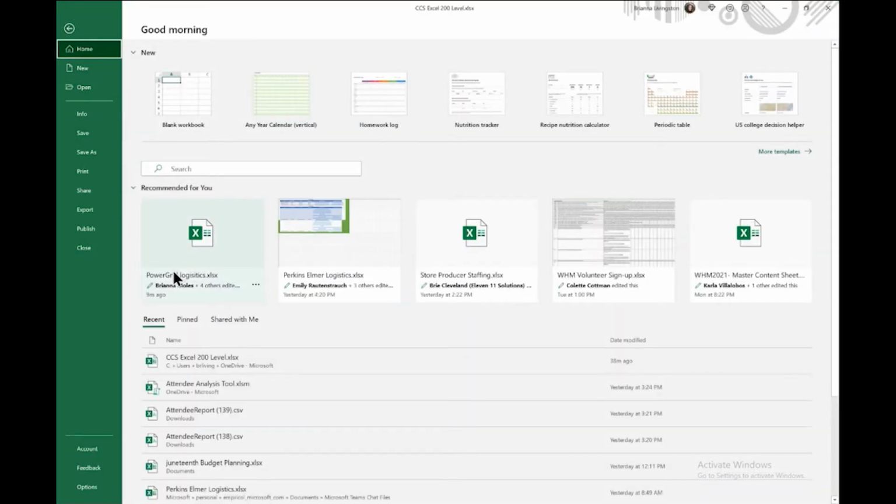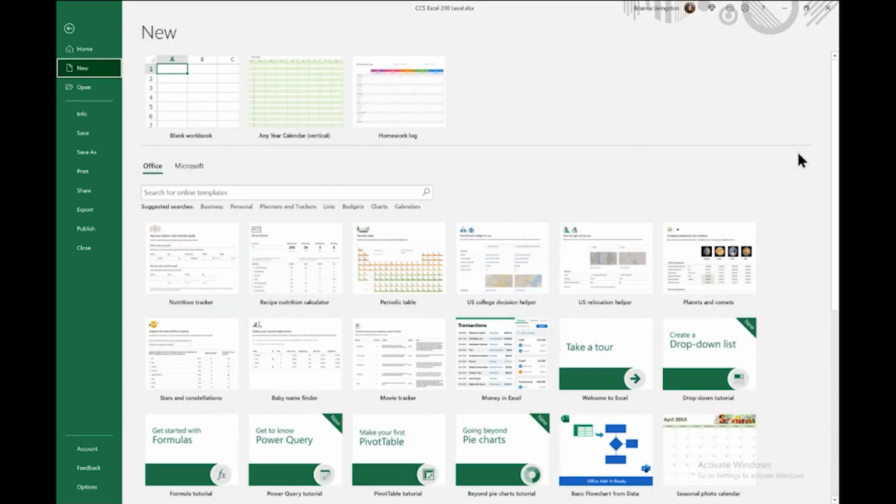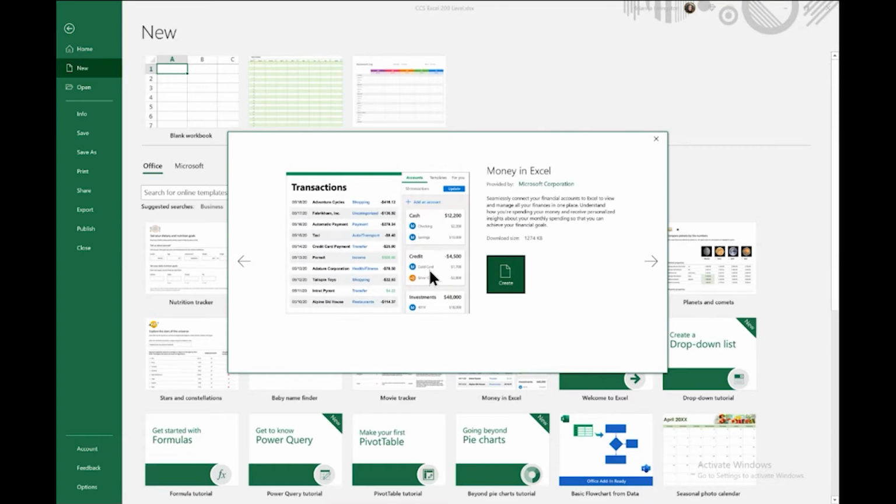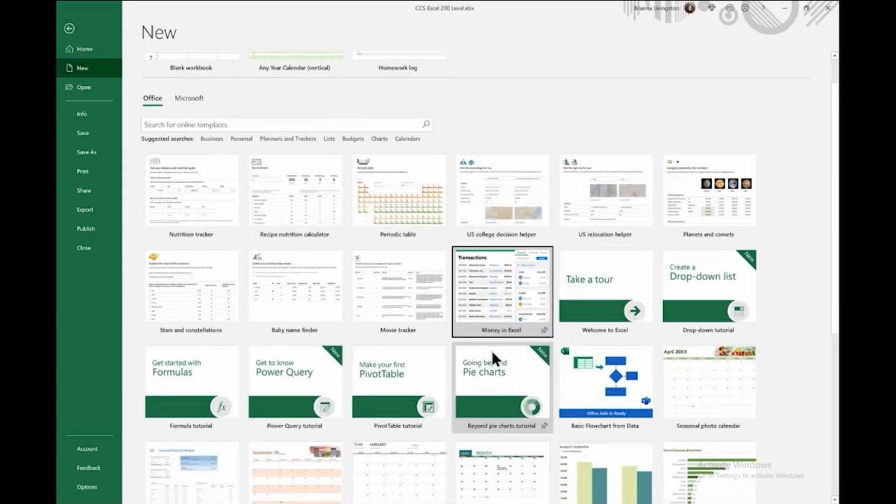File section. You guys should be familiar with this. It's very similar to other Office programs, but this is basically just like a suite of quick things that you can do. One thing I love are the templates. Excel can do some really cool stuff, but if you don't use it every day and you're not super savvy, you may not necessarily want to build something completely from scratch, or you may not even know how to. But I love the templates. Look how nice that looks. I think I'm going to make something with this later because I've been wanting to make a new budget sheet. But it's nice because it gets you off the ground. You don't have to think too much.